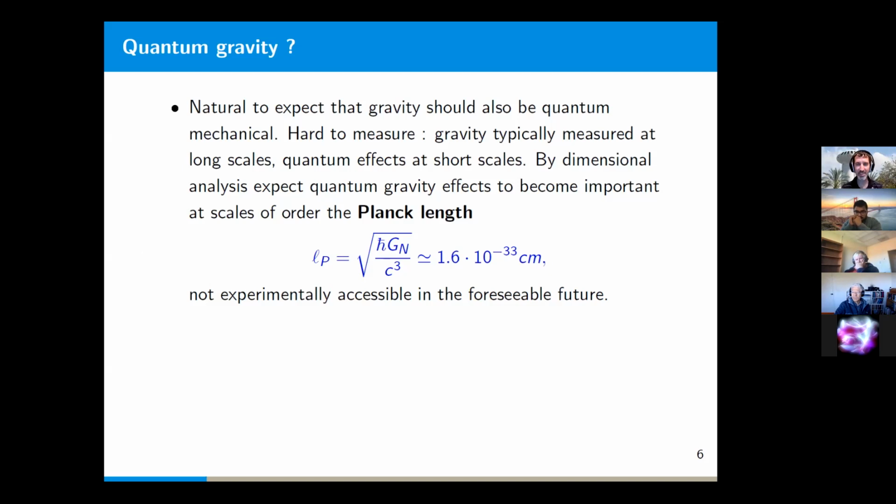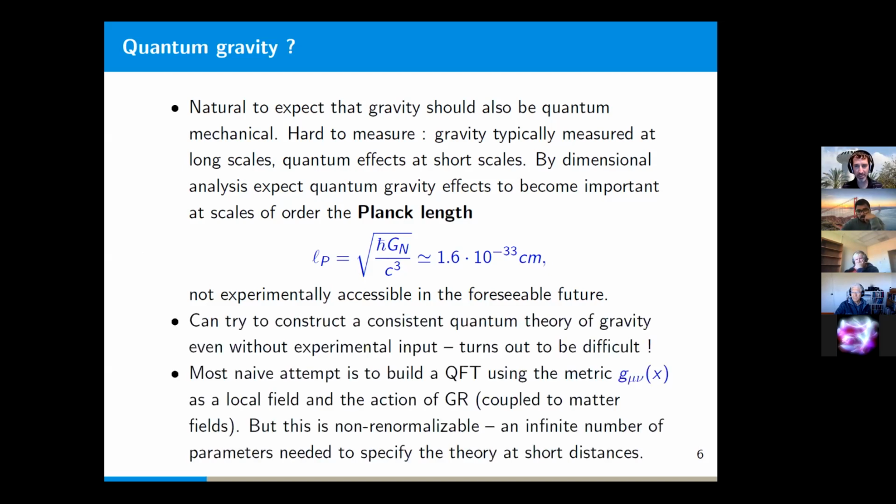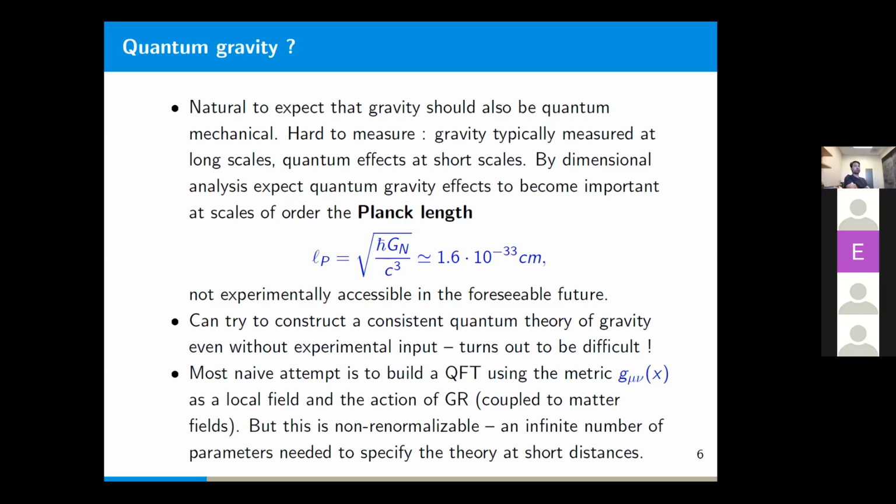Now, one may hope that this would be a situation where we could actually write down many different theories and then not be able to distinguish between them experimentally. So we'd be in a tough situation from that point of view. But in fact, the situation is the opposite. It turns out to be very difficult to construct any consistent quantum theory of gravity, even without having any experimental